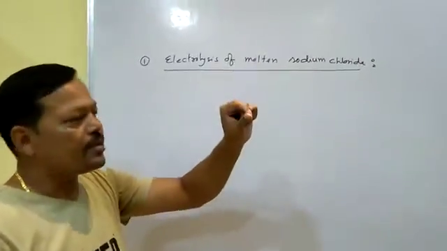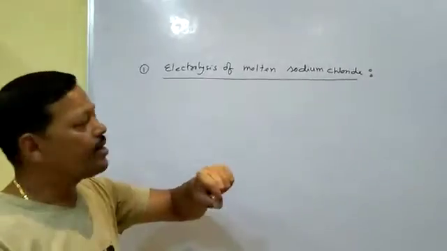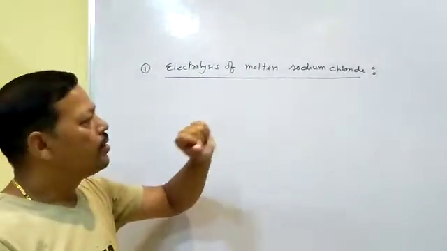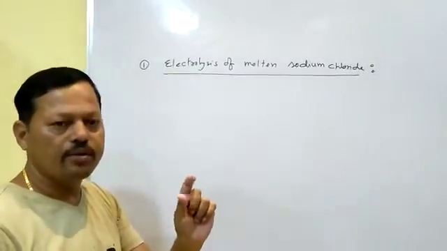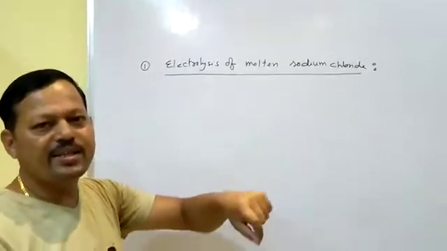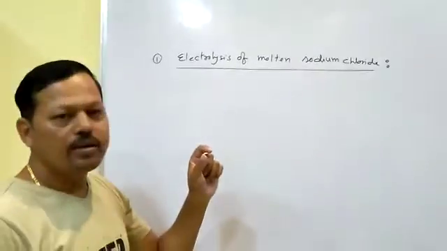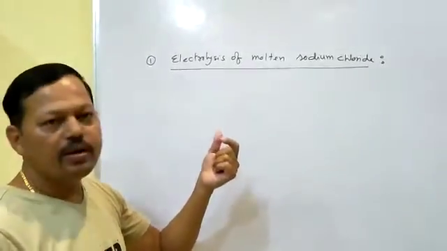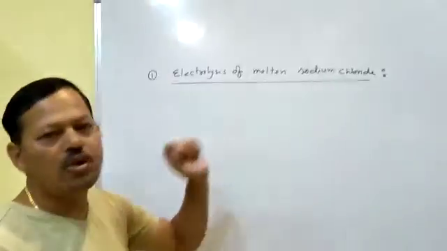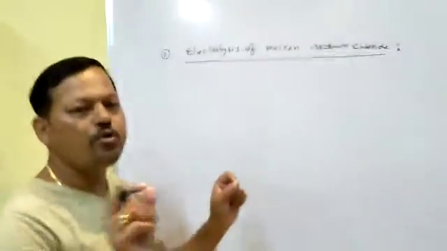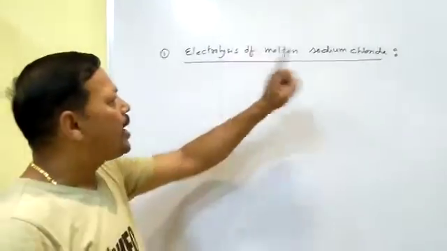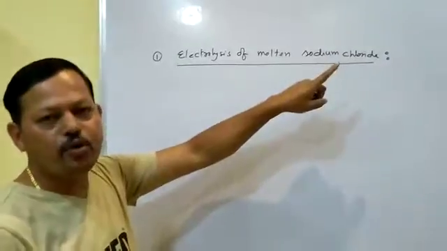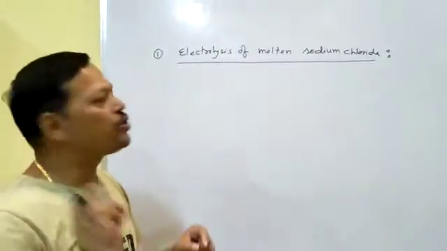If you want to pass electricity through sodium chloride, you know sodium chloride is solid. If you pass electricity through the solid substance, the sodium chloride will act as a bad conductor. You cannot pass electricity in solid state because in solid state there will be no ions. That is why either you have to take molten sodium chloride or you have to take aqueous solution of sodium